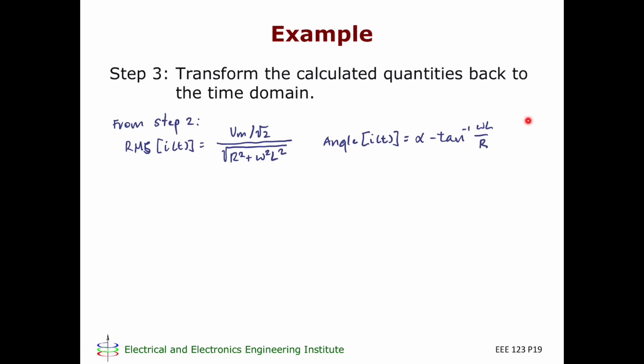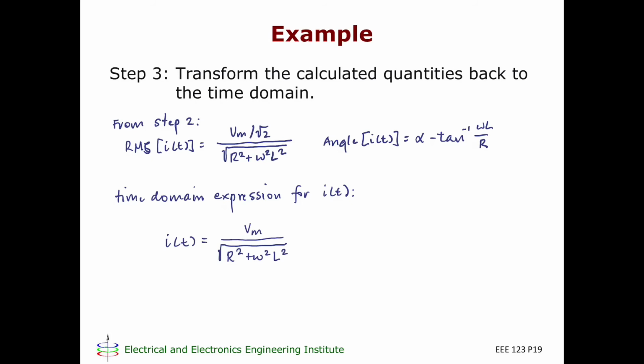Sometimes, this is where our problem ends because this is the only thing that we are required to solve for. But if we want to convert Is back into the time domain, which is what the problem specified, our time domain expression for is(t) would be equal to, now what do we do with the RMS value? We have to convert this to an amplitude. So we have to multiply it by the square root of 2. So doing that, this now becomes Vm over the square root of R squared plus ω squared L squared